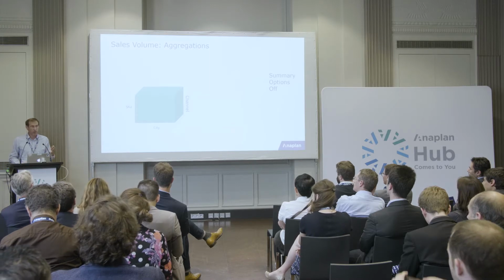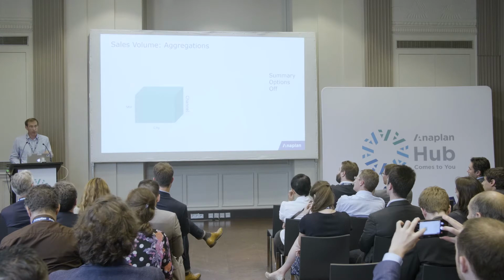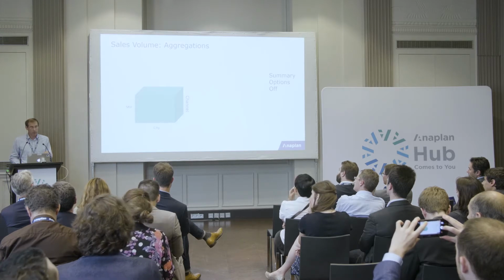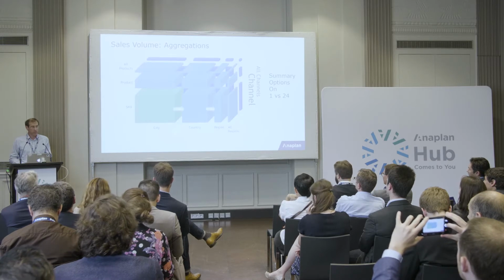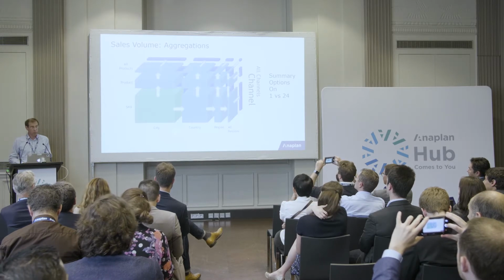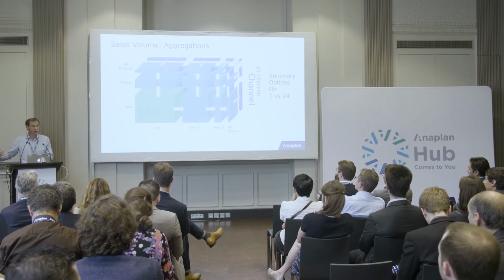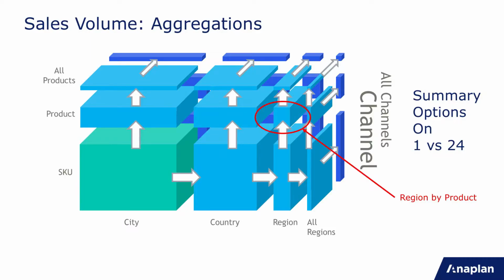Now, if you turn your summary options in your line item off, that's all it calculates. If you turn it on, it does all of those. Because every time you change a number, it does all of that, which is the default for every number line item you add. But in a lot of cases, you don't need all of these because you just don't need the calculations. I may only want that one, but I'm doing all of the other 22 summaries just for that. Or I might only want city or by all products.